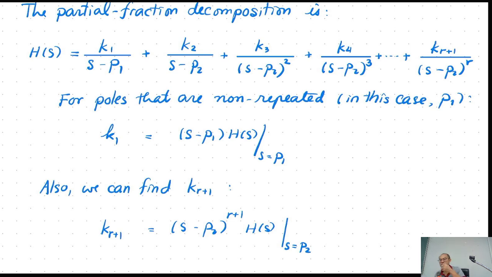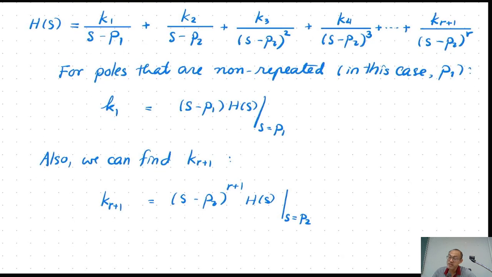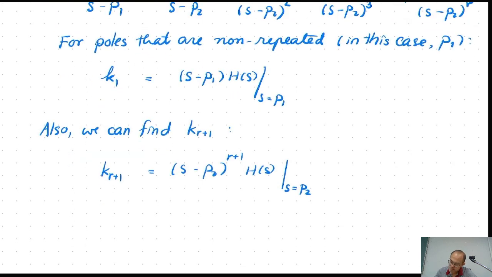Now, unfortunately, for K2 to Kr, you cannot use this formula. You have to differentiate with respect to s first, and then you go from there. But we're not going to use that approach. We're not going to take derivatives because it is quite messy. So I'm going to choose a different strategy here. For K2 until Kr, we need to do some algebra